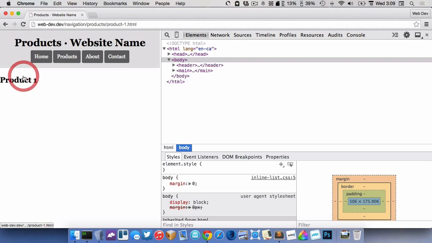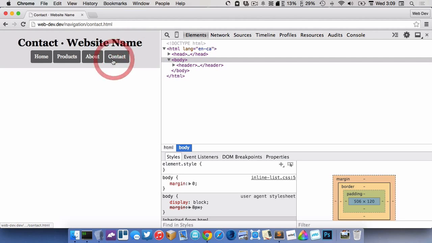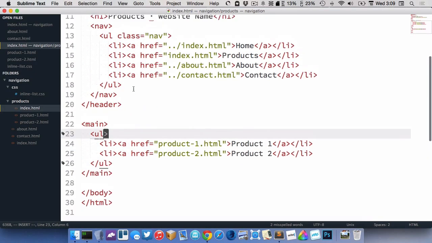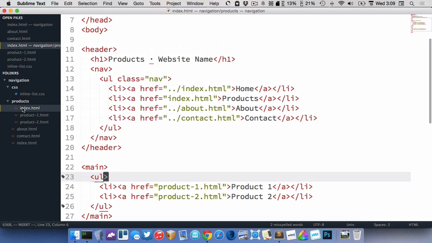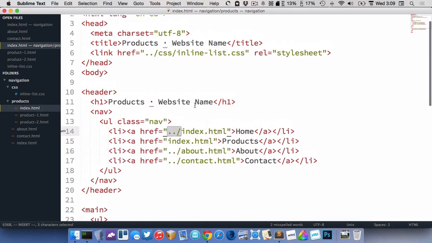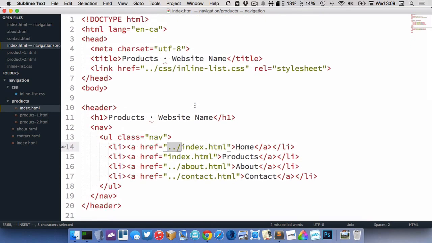So if I click on product1, I go to the product1 page here, but I still have access to all of my other navigation. And I can go back to products and click on product2, and here is my product2 navigation. So we've got complex navigation here using folders, subfolders, and different files inside those. So .. remember, allows us to go out of the current folder to find something else in another location on our